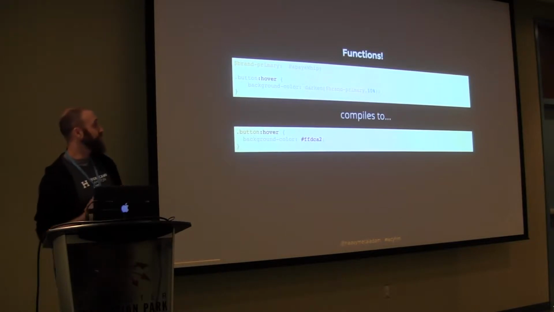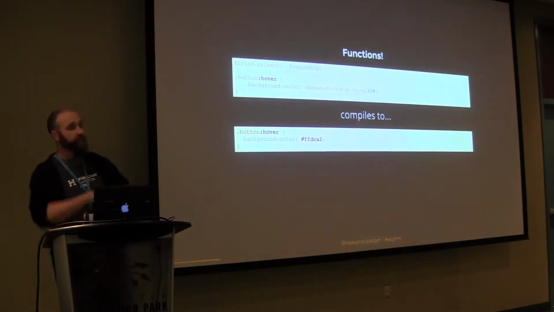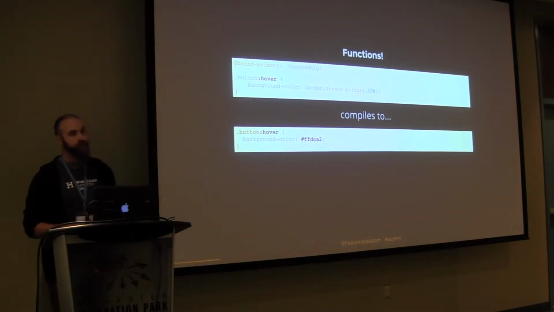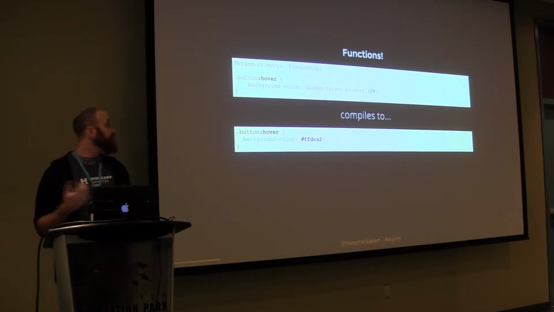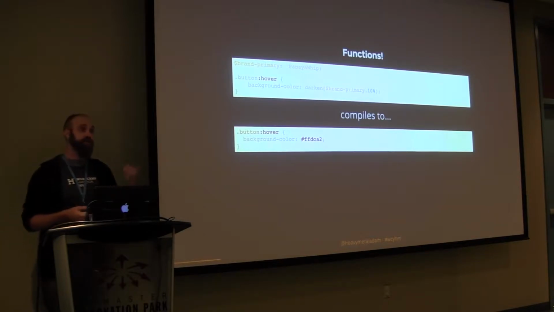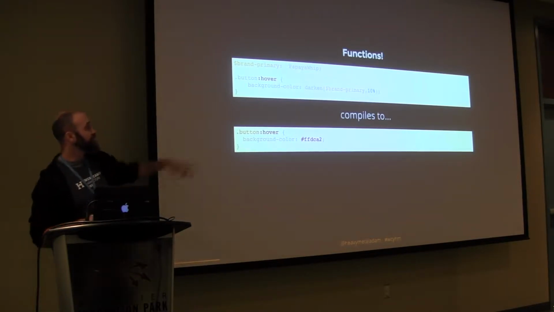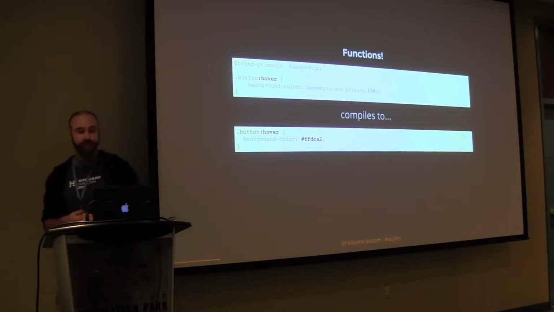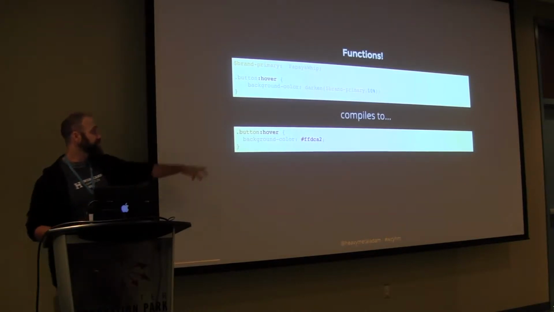Sass has a cool function. They have a lot of color functions. They have all kinds of functions. But let's look at one function here, the darken function. So it takes two parameters. It takes a color and how much you want to darken it. And so we write this in our Sass file, and that turns into, in CSS,